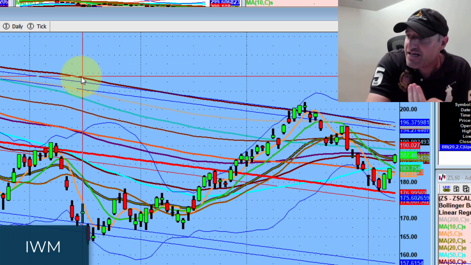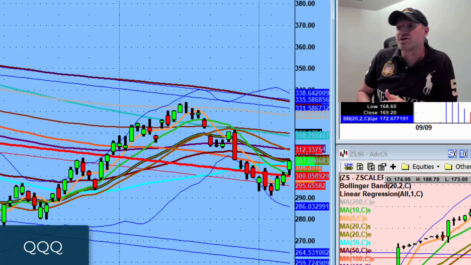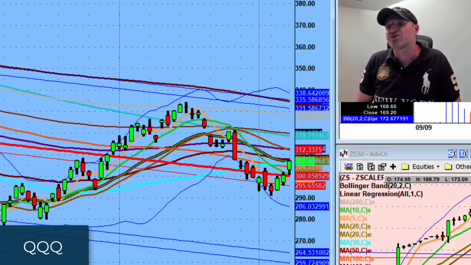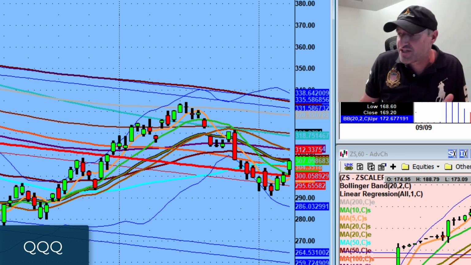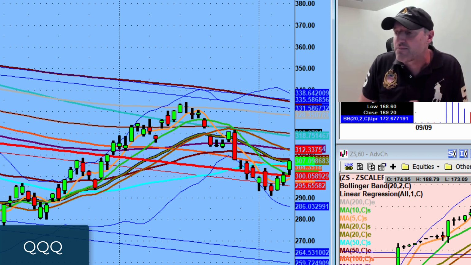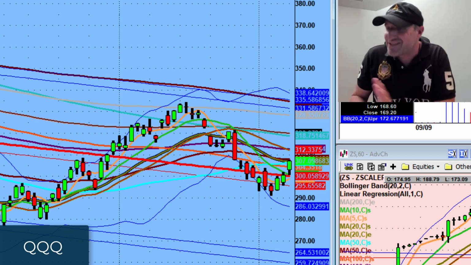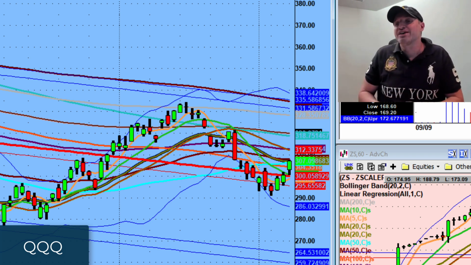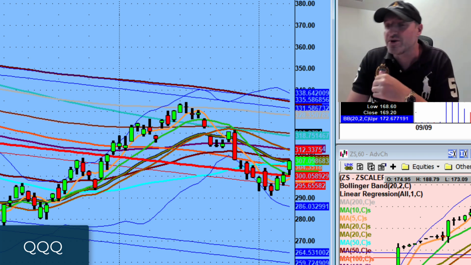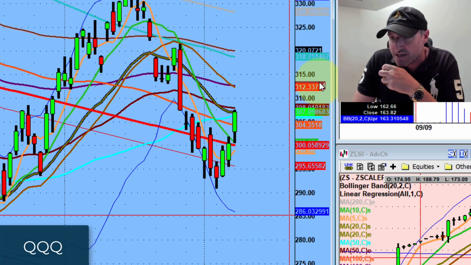So now the question is, can they confirm? Because it's not as simple as, okay, now we reclaimed the 50-day moving average, buy everything in sight, maximize your buying power, and just go long for the next X amount of weeks, X amount of months until the market loses the 50-day moving average, if it does that as well. No, it doesn't work that way. Now that we're above the 50-day moving average, we have to confirm it. So if you look at every single index, you're going to see exactly the same thing, right?